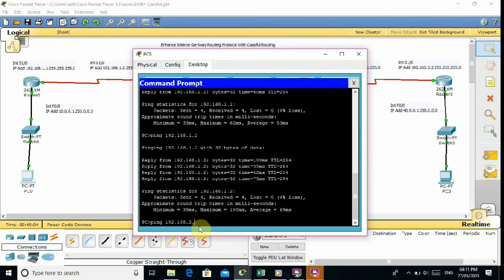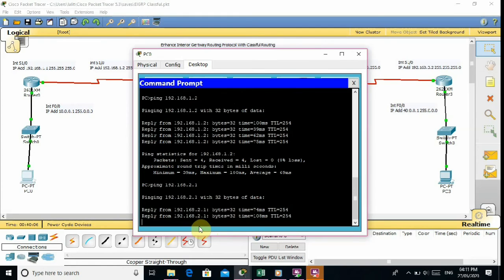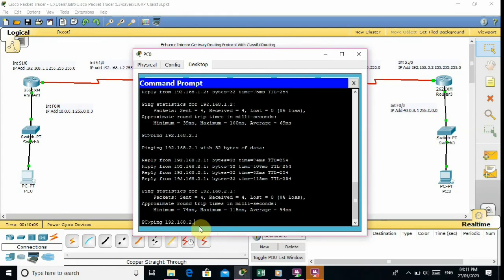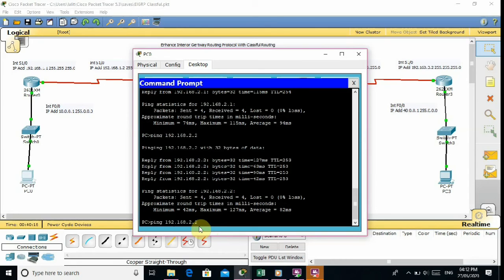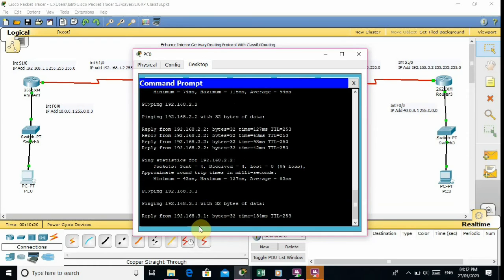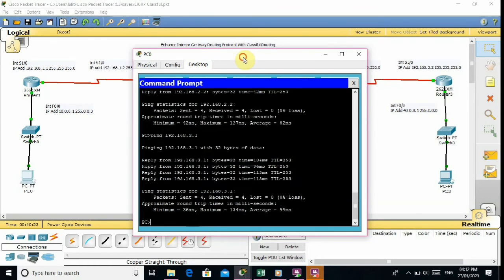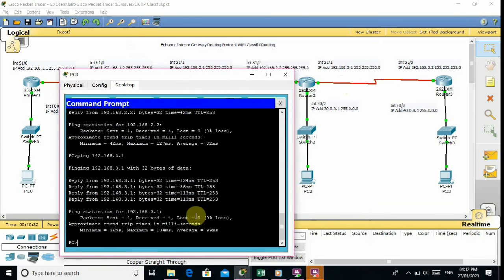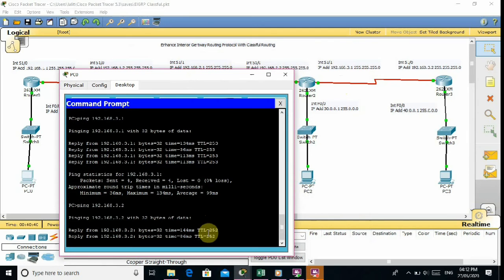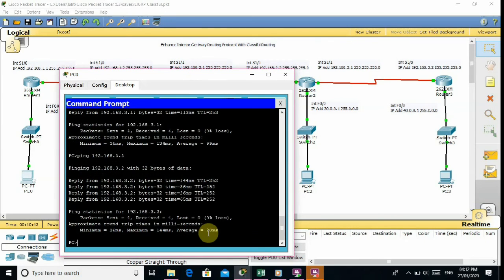Now I will ping 2.1, that is serial interface 1/1 of router 2. Now I will ping 2.2, that is serial interface 1/0 of router third. Now I am pinging serial interface 1/1 of router third. Now direct ping to router 4, that is serial interface 1/0, 192.168.3.2.